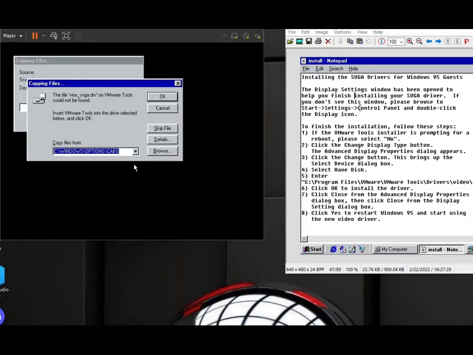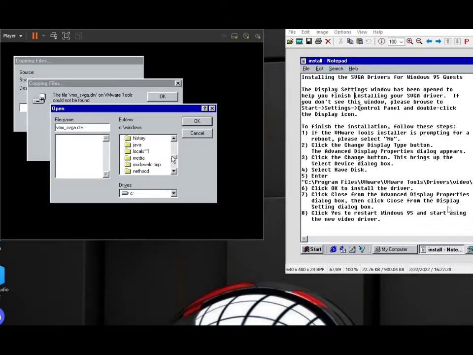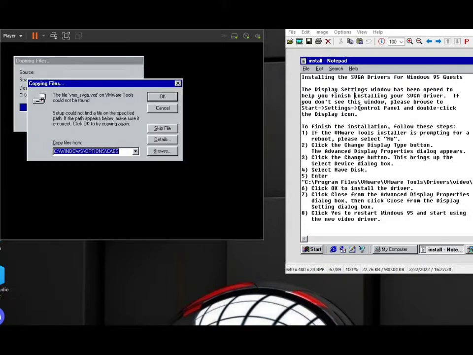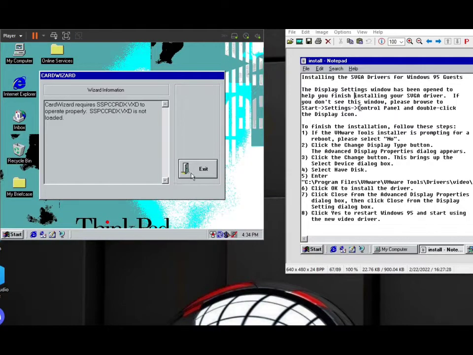VMX svga.drv. Okay, so according to this article, it should be in the system folder. And it's not great. And it even got rid of the desktop too. That's brilliant. Skip it. Alright,